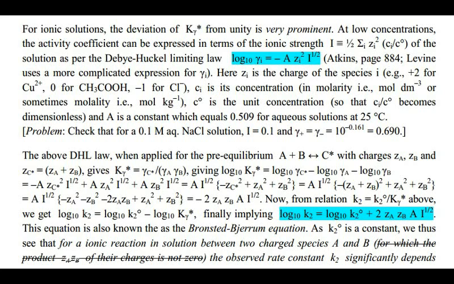Now from the relation K2 is equal to K2 star by K gamma star, we see that log 10 of K2 is equal to log 10 of K2 naught minus log 10 of K gamma star. But log 10 of K gamma star is minus 2 ZA ZB A square root of I. Accordingly, we get log 10 of K2 is equal to log 10 of K2 naught plus 2 ZA ZB A square root of I. This is an interesting, experimentally verifiable relation, giving us a strange looking corollary, that the rate constant of a reaction